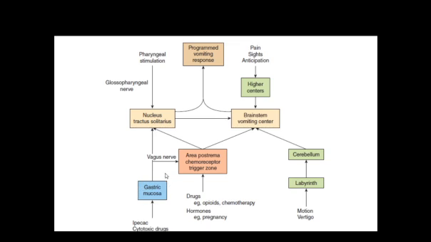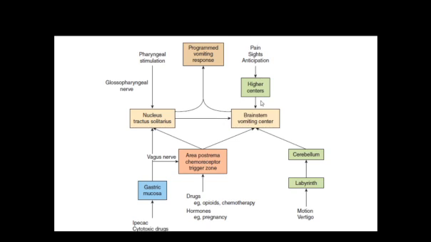Whenever the gastric mucosa is irritated by toxins like ipecac, cytotoxic drugs, or irritants, it stimulates the vagus. Now this vagus not only stimulates the area postrema but also the nucleus tractus solitarius. This nucleus tractus solitarius sends impulses to the brainstem vomiting area, and the vagus also sends impulses to the brainstem vomiting center via stimulating the chemoreceptor trigger zone present in the area postrema.